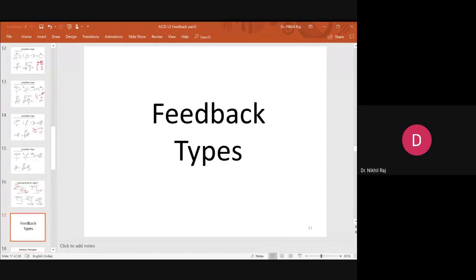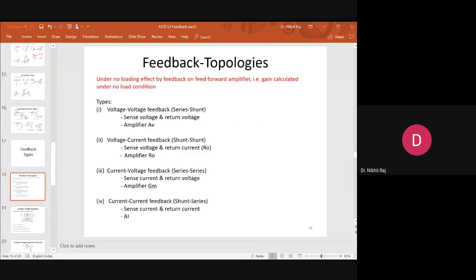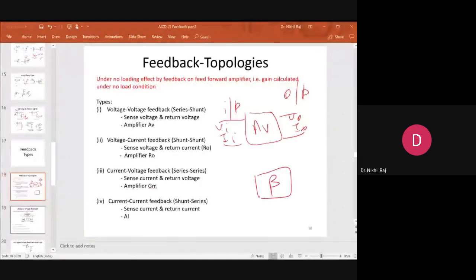Now coming to the topic of feedback types, how many types of feedback can there be? Like 4 types of amplifiers, feedback can be given in 4 forms. We are dealing with a two port network, where this is your input port and this is your output port. So we have V input and I input, and we have V output and I output. When I design the beta network, again it will have a V and an I input and give me a V and an I output. So again 4 variables are there, so 4 combinations can exist, and on the basis of these 4 combinations, 4 types of feedback can be given.